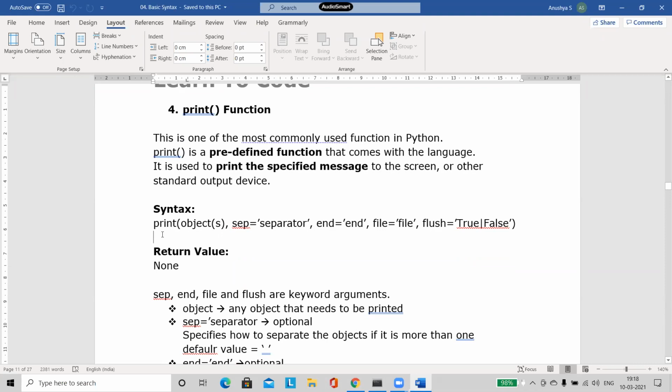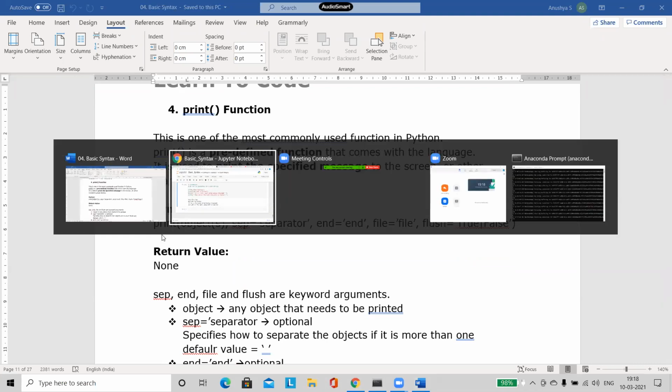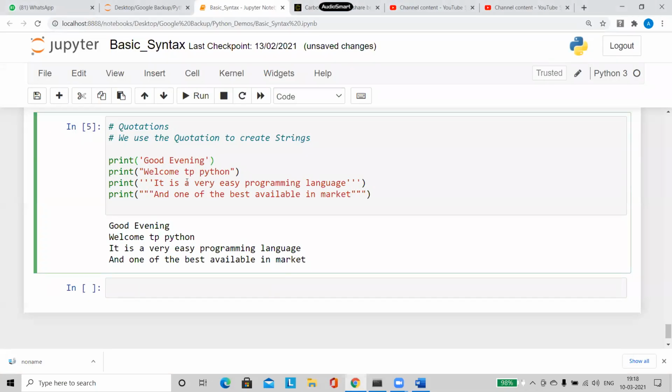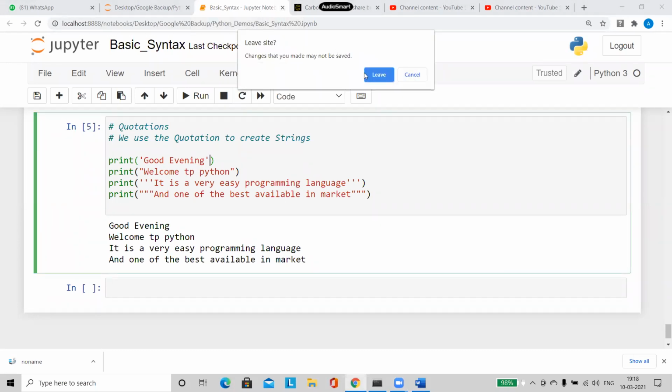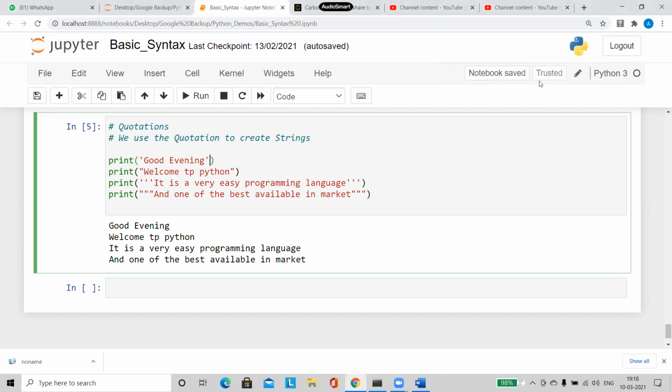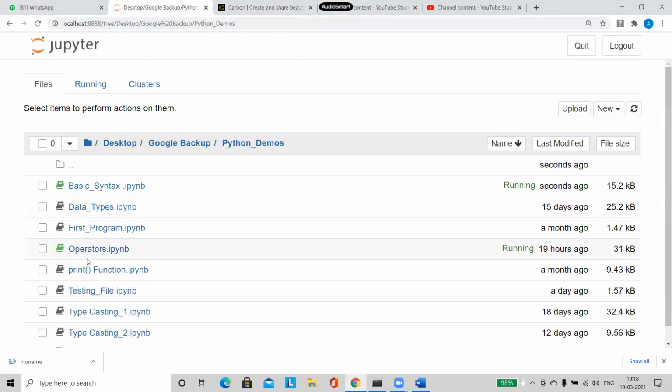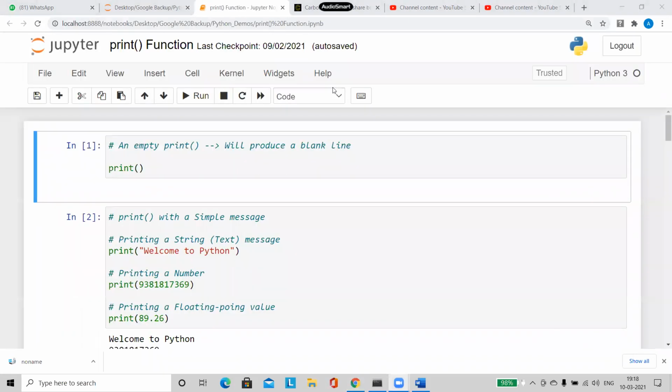So remember what is the syntax of a print statement. Yesterday we used the print statement in 2 ways. We used it for simple messages. We created some simple messages and we used it. That is one thing. And the other way I can use a print statement is, again, I told you, we can directly give the variable name and we can give the print statement. We can just write the print statement there. That is another way of doing it.